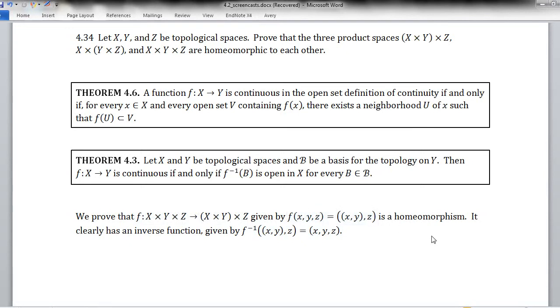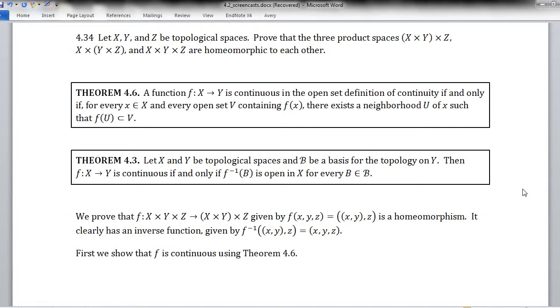Okay. This f clearly has an inverse function, where f inverse just takes the output and gives you back the input. So no problem there. All we have to do is show that f and f inverse are both continuous, and then we'll know it's a homeomorphism. All right, so I put a couple of theorems up here. I'm going to use Theorem 4.6 to show that f is continuous, and then Theorem 4.3 to show that f inverse is continuous. It just seemed to work out easiest that way. So first we show that f is continuous